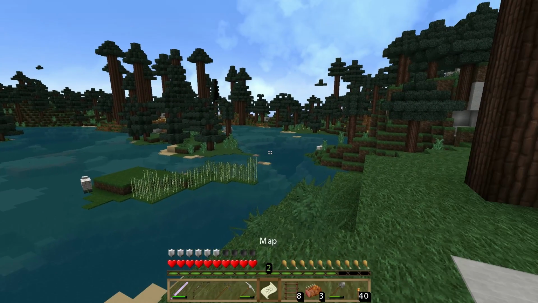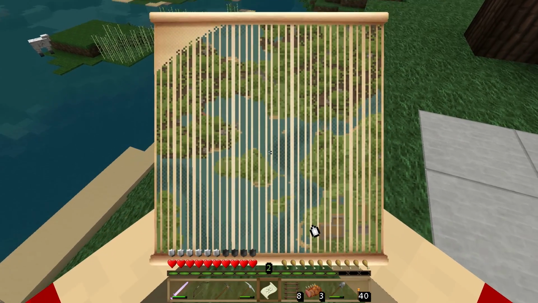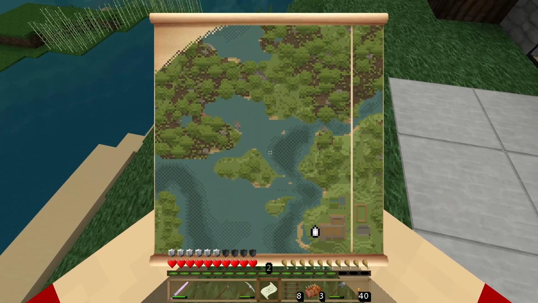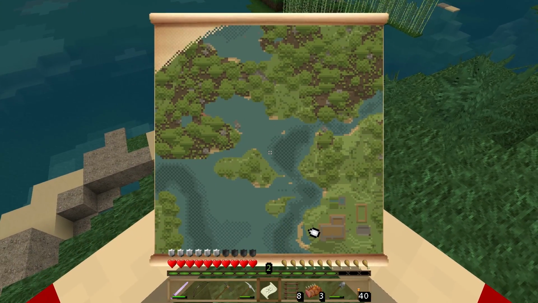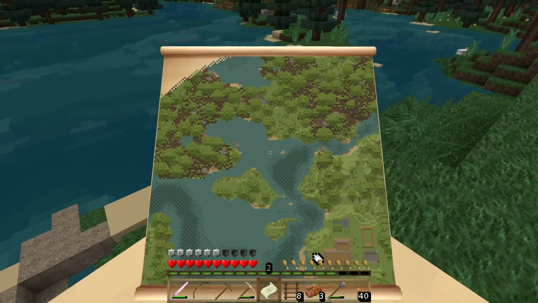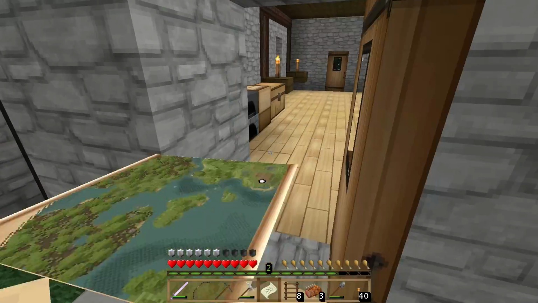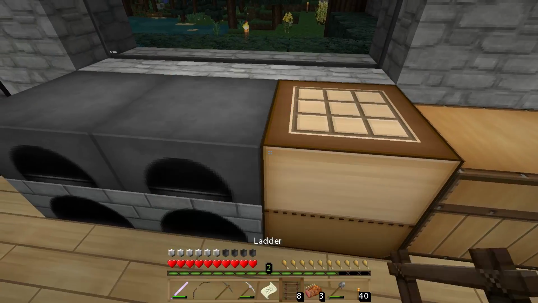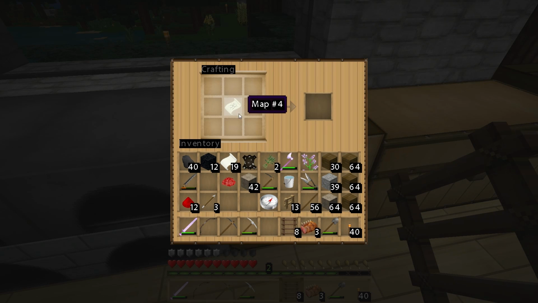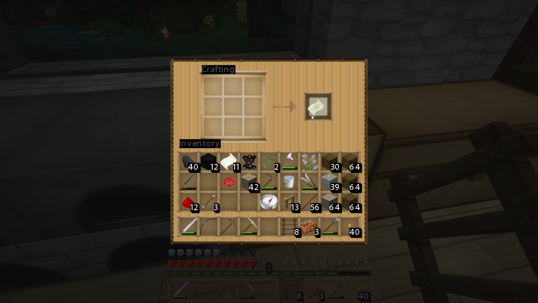So let's pull out our map, and we can see there we are. It's actually at the bottom right of the map, I guess you could say. So we're gonna shrink this map a little bit, and if you remember, the way to do that is add it to the table, surround it in paper, you get a zoomed out map. We're going to do that twice,